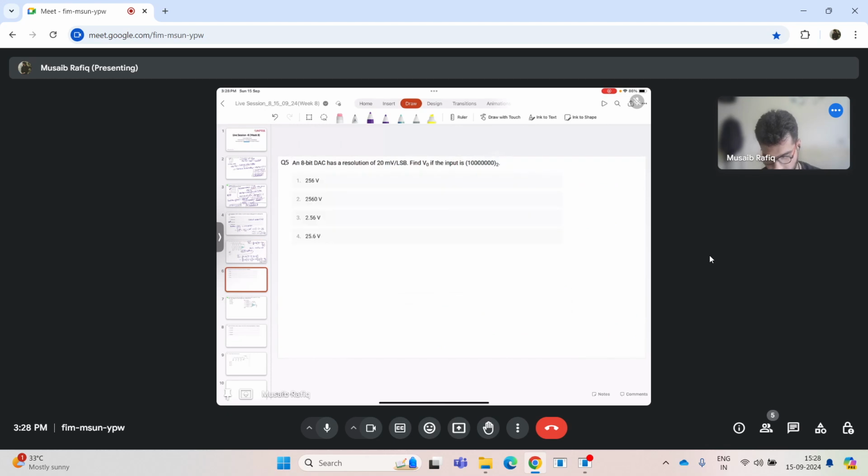So anyways, now let's move forward to question number 5 of today's live session. This states that an 8-bit DAC has a resolution of 20 millivolt per LSB. So the resolution is 20 millivolt. Find the output voltage. So we need to find the output voltage for this input. So given is